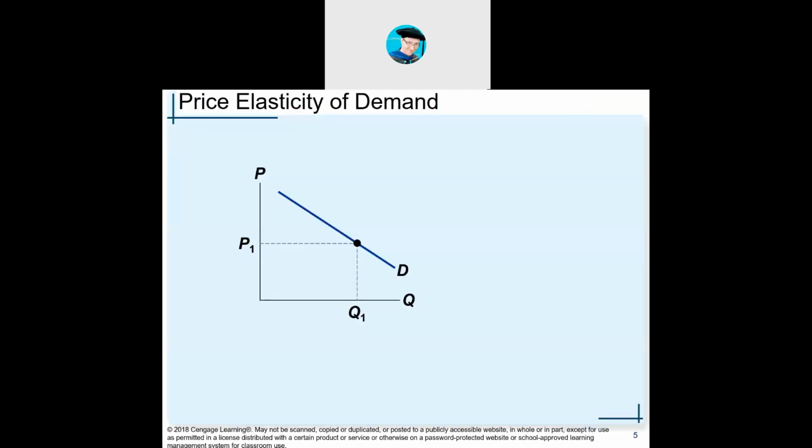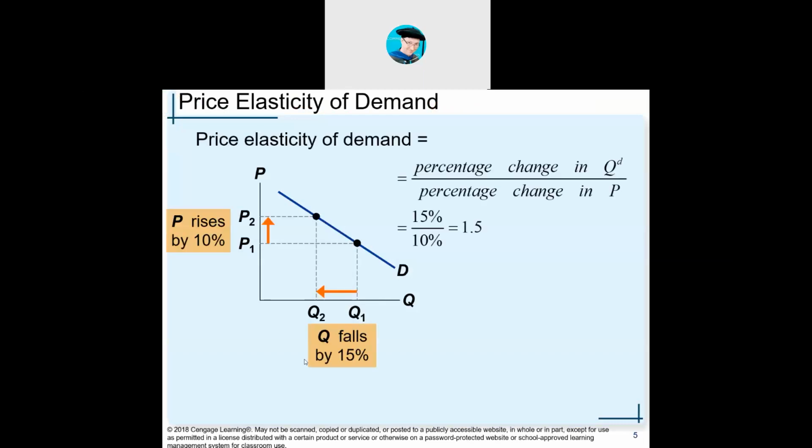That's price elasticity. So if we look at the price elasticity of demand, this is the formula that you need to know: it's the percent change in the quantity demanded divided by the percent change in the price. Now, you might be asking yourself, well, Dr. B, it's been a while since I had to figure out how to calculate the percent change of anything. Well, here's how that works.